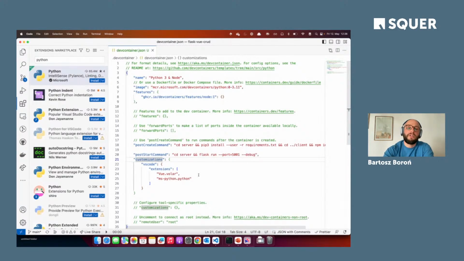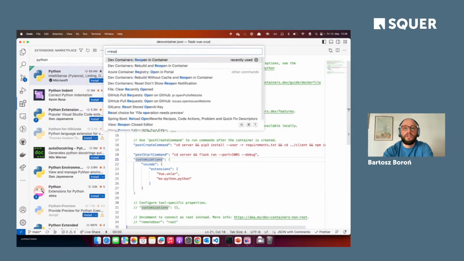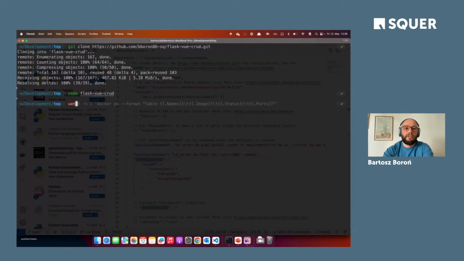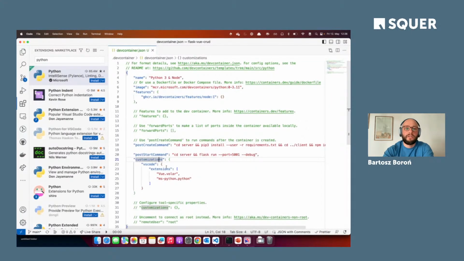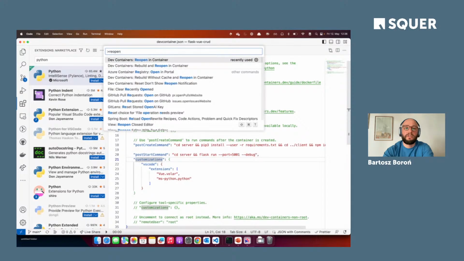Now that I'm done, all I say is reopen in container. First, just checking if I have anything running locally in my Docker. My docker ps, as you can see, is empty. I say again, reopen in container.